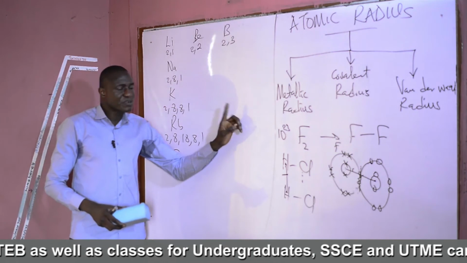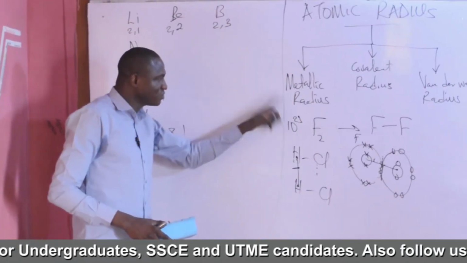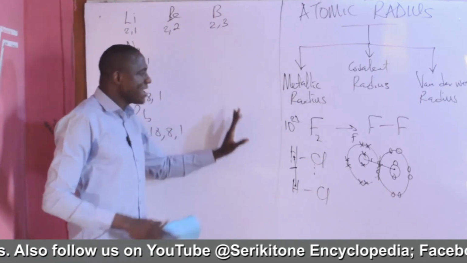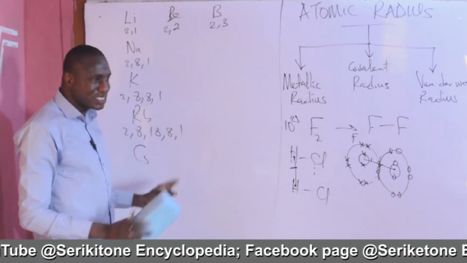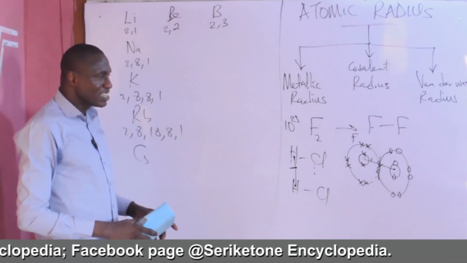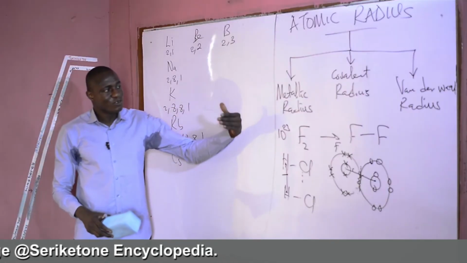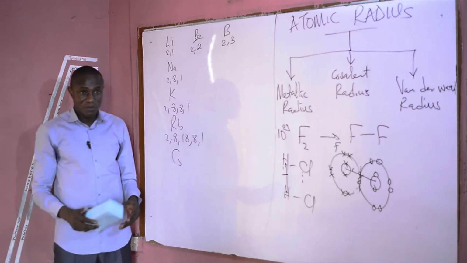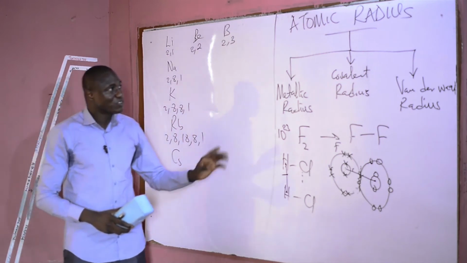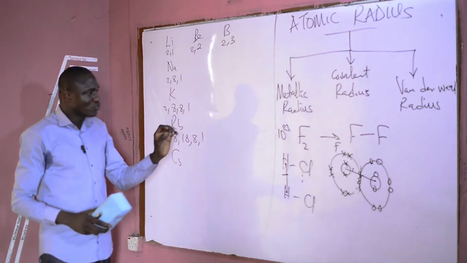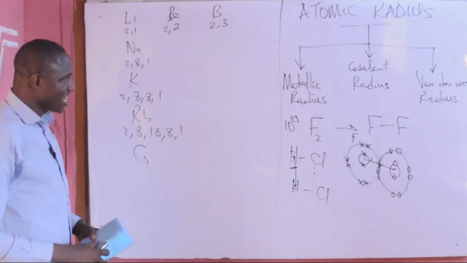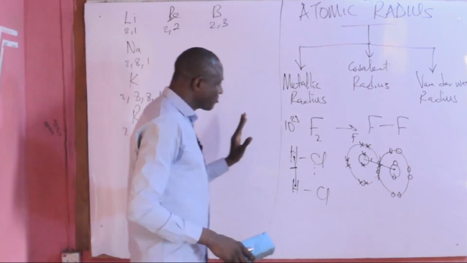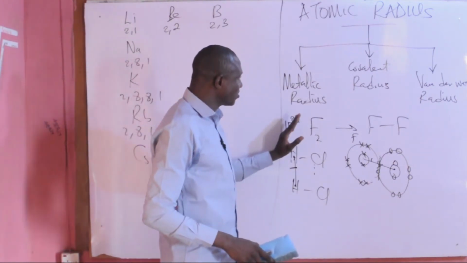But the electrons which are found outside the nucleus occupy the largest percentage of the atomic size. So in that case, when we are talking about atomic volume, you have to make reference to the electrons in an atom, which occupy much more space. So as a result of that, you cannot use atomic volume to measure directly what the atomic size of an atom is.